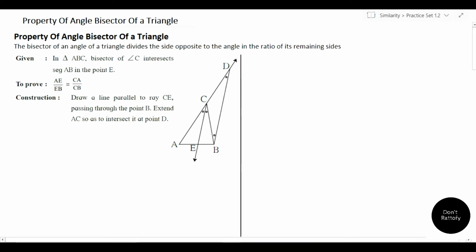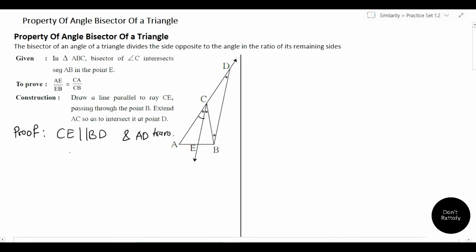We'll start ahead. So how do we prove this? We'll start with the proof part. Now just forget for a moment that I have a triangle and everything. Just consider two things. From construction we know that CE is parallel to BD. I know that CE is parallel to BD, and let's take AD as transversal.